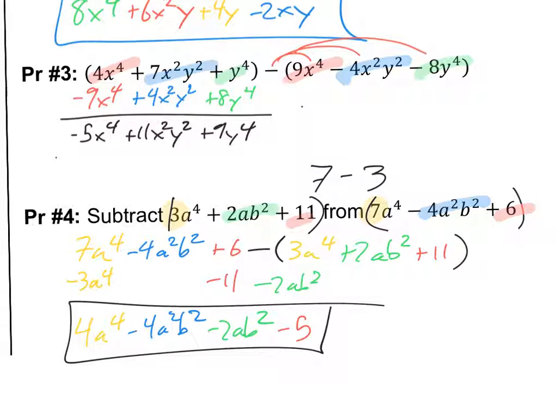Okay, so this is what I was talking about. We have to do this whole thing minus this whole thing. So since we're subtracting this whole trinomial, we have to distribute that negative to every term. So I went ahead and did that, and as I did that, I wrote it underneath the common term. So that's negative 3a to the fourth, negative 2ab squared, but there is no other thing that is an ab squared, so I made that its own color green. And there isn't anything that's a squared b squared, so I made that its own color blue. And then negative 11. Then when I add all these together, I got 4a to the fourth minus 4a squared